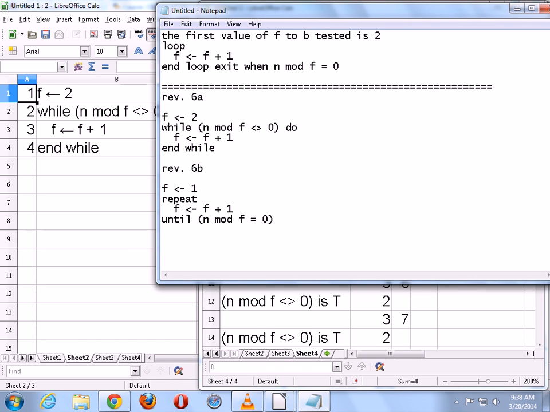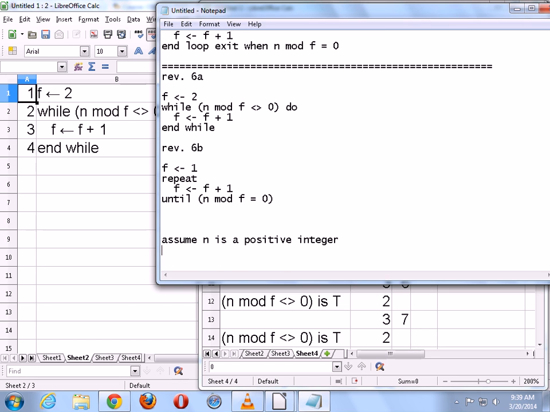Assume n is a positive integer. Assume m is also a positive integer. And I define product p as nm, or n times m. Let's make it very explicit here. So I have p being n times m, which is the product of those two numbers.